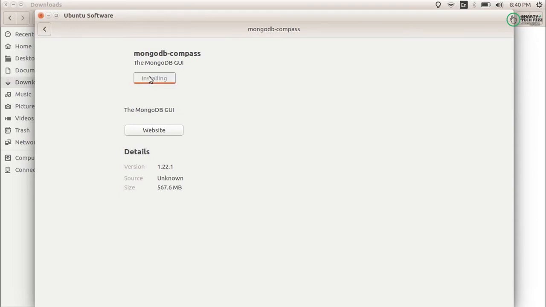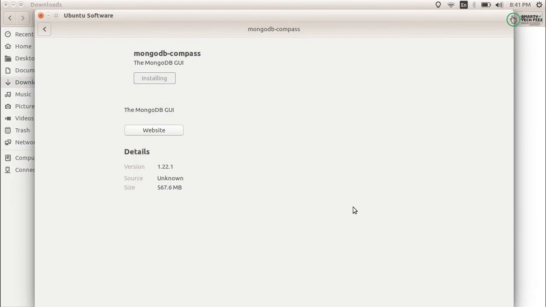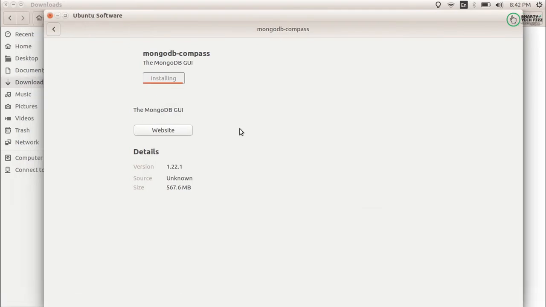You can see that it has started installing. You can see that it has been installed, and the install button has changed into the remove one. That means MongoDB Compass has been installed on our system.